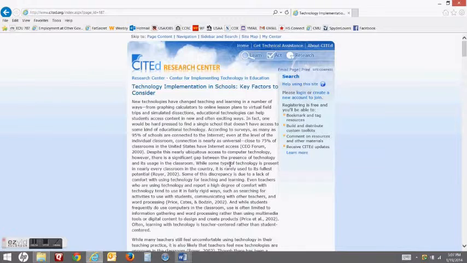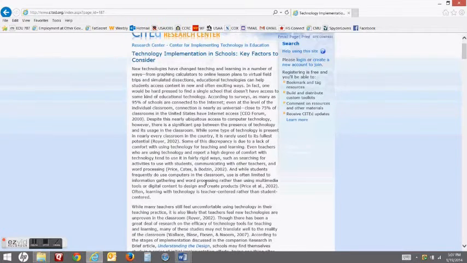Close to 75% of classrooms in the United States have internet access. Some type of technology is present in nearly every classroom in the country that is rarely used to its fullest potential. Well, that's pretty much true on everything.